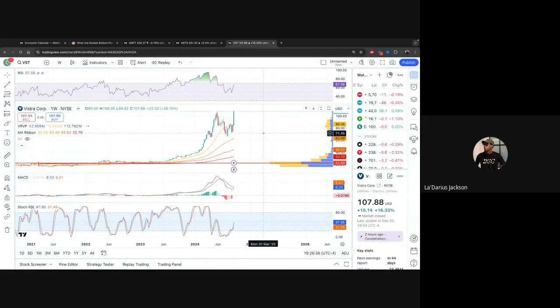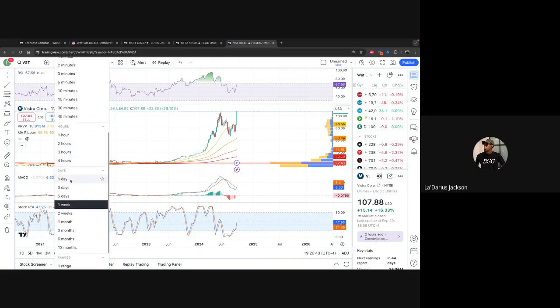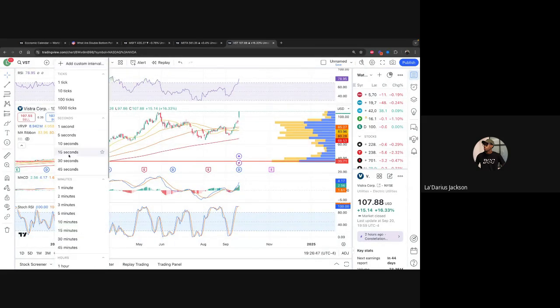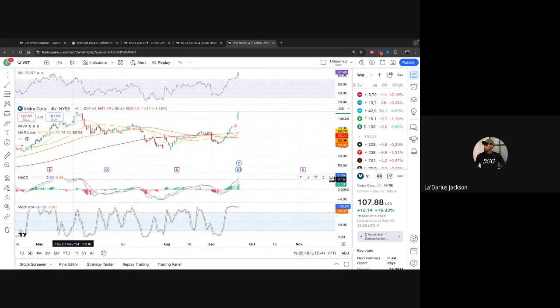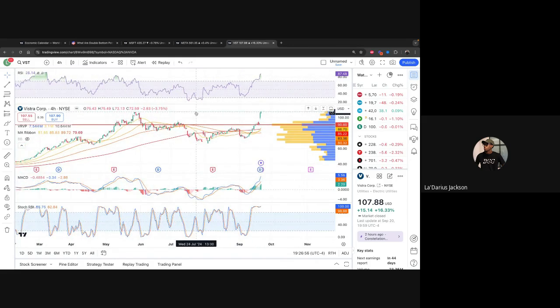Nice. This is a nice chart. Go to the 1 day. Okay. So it looks like we may see a pullback. It looks like it has